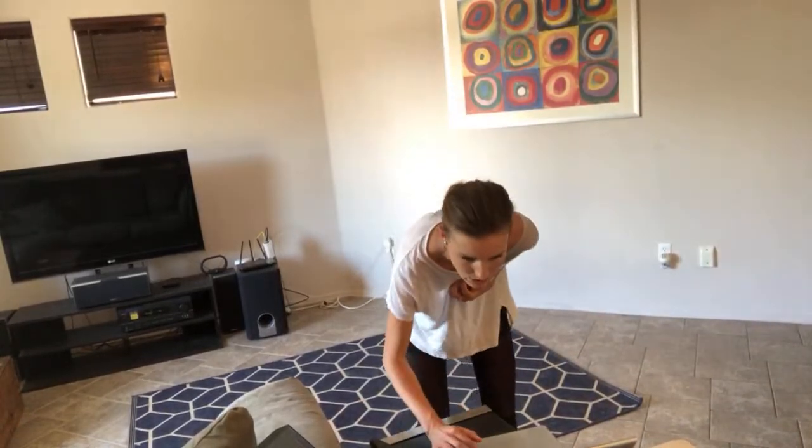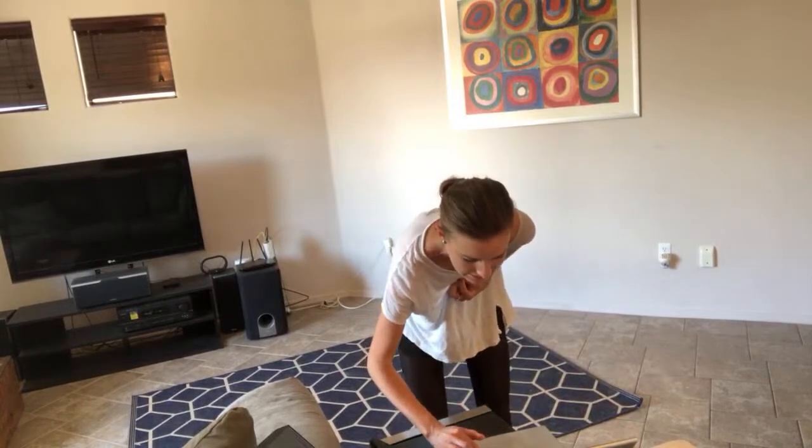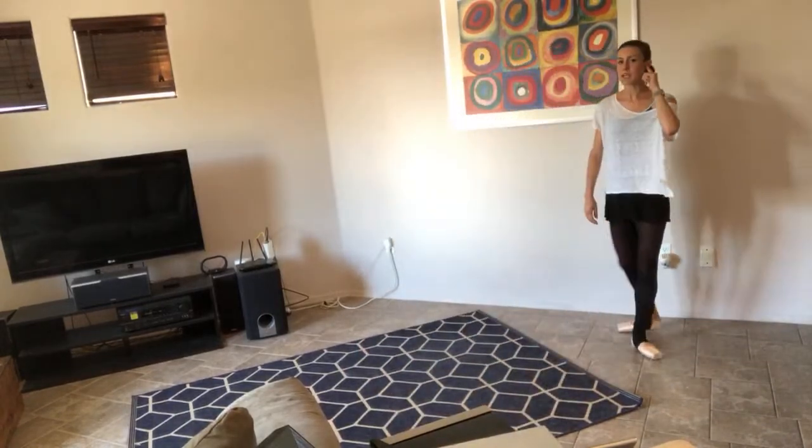Let's just mark the right side with music and then we'll do it right and left. I think we only have time to do it once, so let's just mark it first and map out your pattern. So just marking